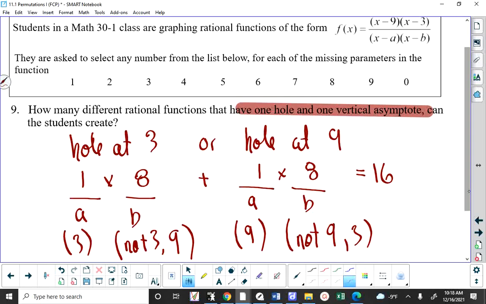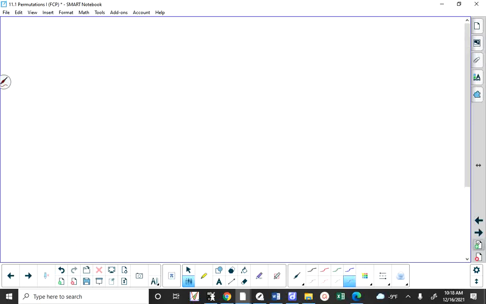And the only reason I did it this way is I really want to introduce this today. And what Naya is saying is what we could have said is for the A, there are 2 choices because we need either a 3 or a 9. And regardless of which of those 2 we choose, there will only be 8 choices left because we can't choose the number we used out of the 3 and the 9,